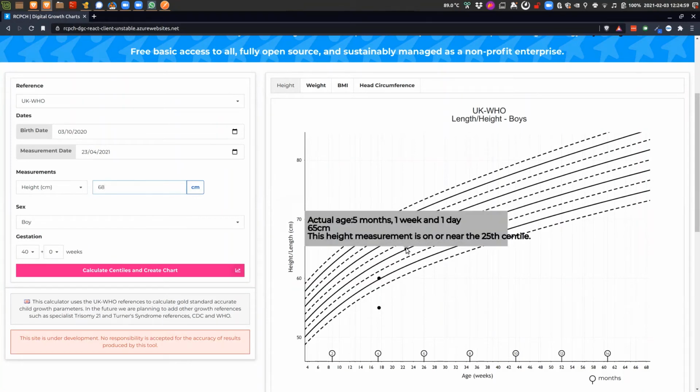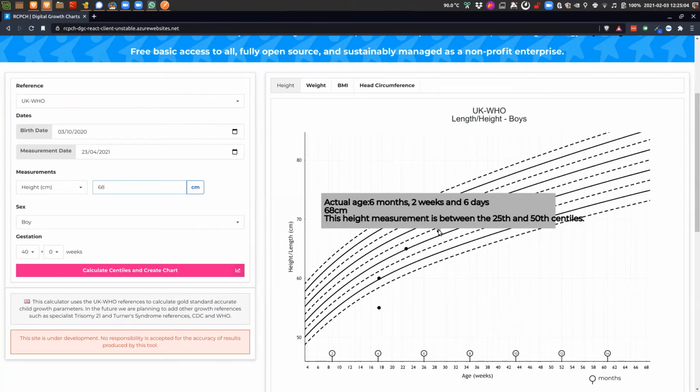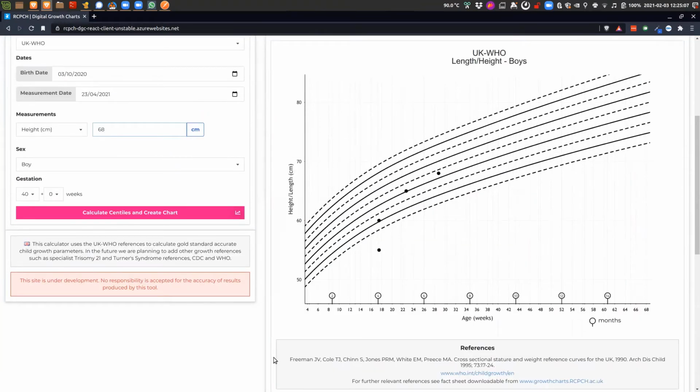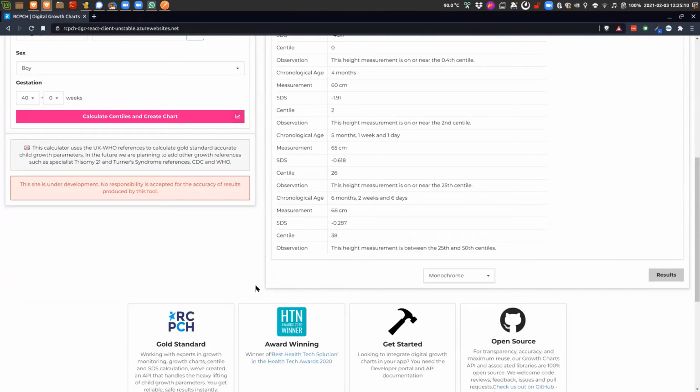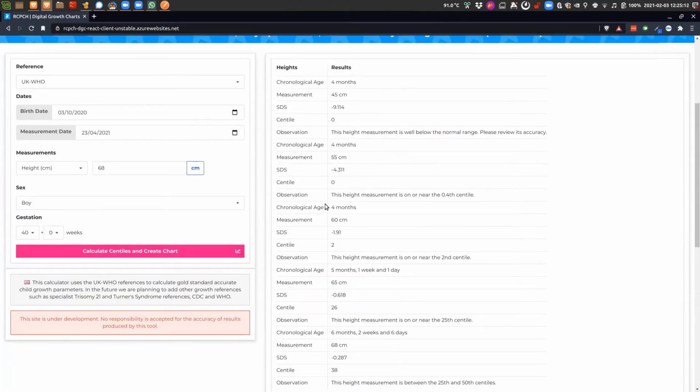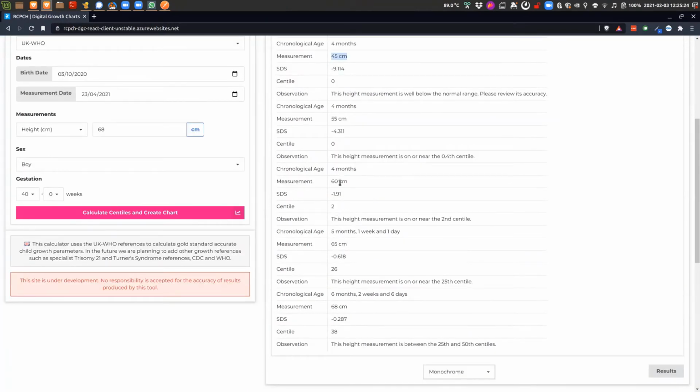And so in this case, we've got ages and we've got the heights and that sort of thing. If we flick across to the results page, you can see this is a synopsis. All this data was calculated by our API and sent back to the React client. We've got 45 centimeters, and we've got the centiles and that sort of thing. And you can see, as I went through, I increased the age of the child and increased the measurements, and we've got centiles on the second centile, 26 centile, 38 centile. This is all sort of silly synthetic data,